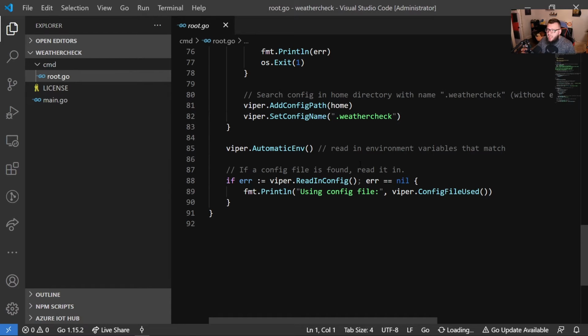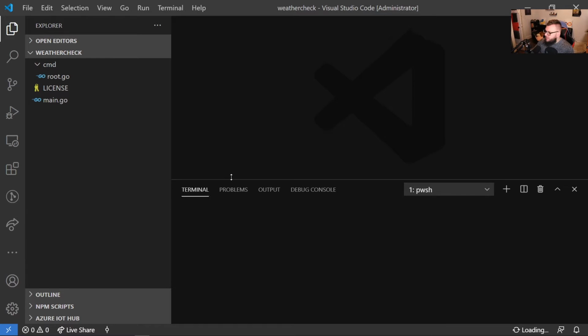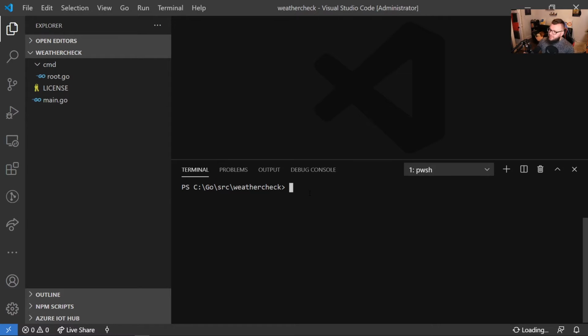I mean, you can go in here and edit it if you want to, but instead we want to actually create our own command. So let's go ahead and do that. I'm going to close out of root. I'm going to open up my terminal here, and under go source weather check, what I'm going to do is I'm going to type